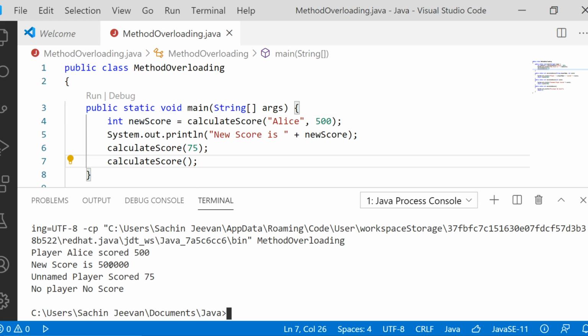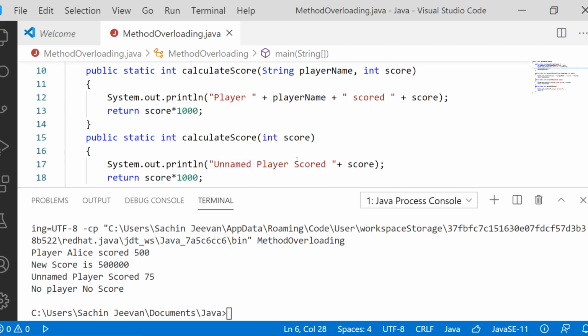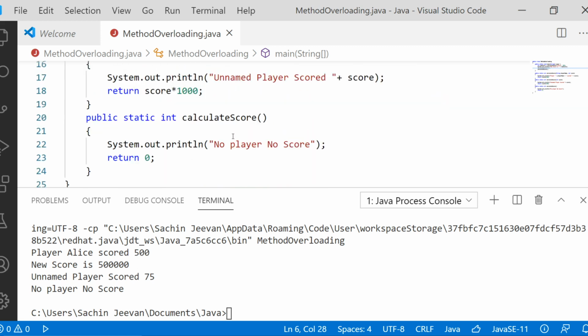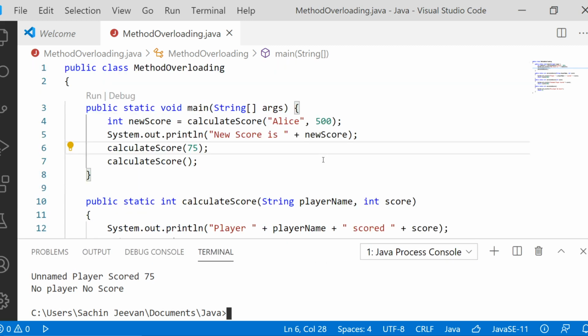Actually, new score is 500 multiplied by 1000, 5 lakh. Then for the next function, unnamed player scored how many marks? 75 marks, which I have passed. And finally, the last one, no player, no score. Right? So this is what we mean by method overloading.